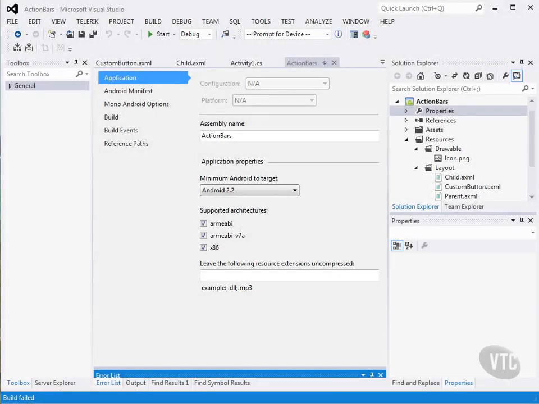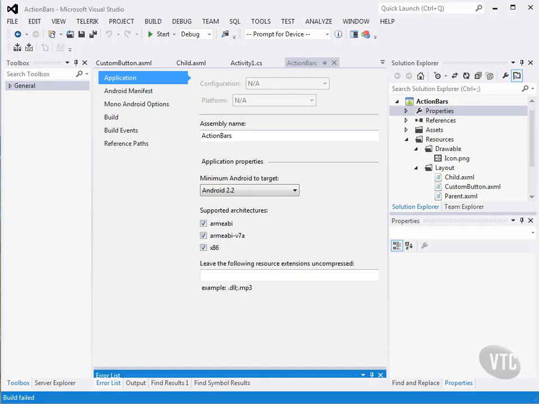In this lesson, we'll talk about action bars. Action bars are a relatively new feature that provide a toolbar interface at the top of a screen. They are created primarily with tablets in mind, but can also be used in phone apps. Action bars are only supported in version 3 and up, so the first thing we need to do is to